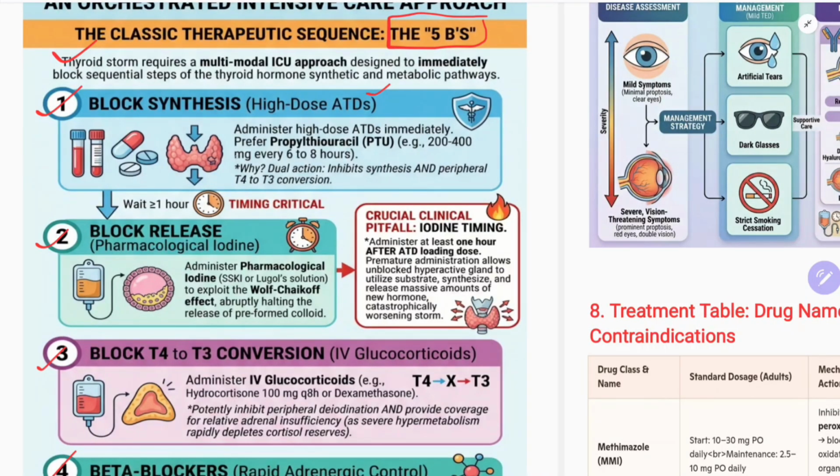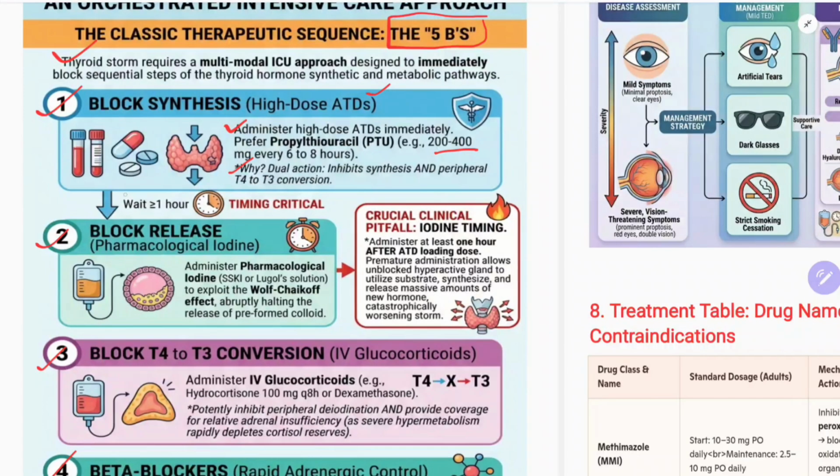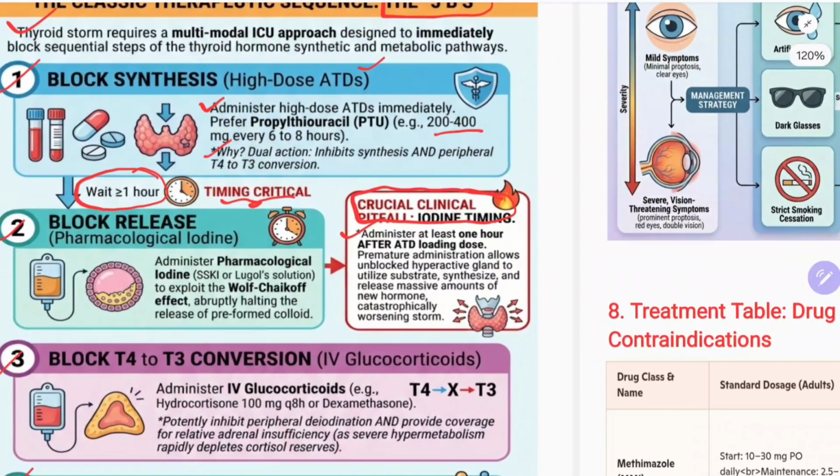Give high dose ATDs. As you have learned, propylthiouracil is the drug of choice in case of thyroid storm. So administer high dose propylthiouracil 200 to 400 mg every 6 to 8 hours. Why? Dual action: it inhibits synthesis and peripheral T4 to T3 conversion. Now one thing, wait for 1 hour. This timing is critical. Why? Clinical pitfall, iodide timing. Administer at least 1 hour